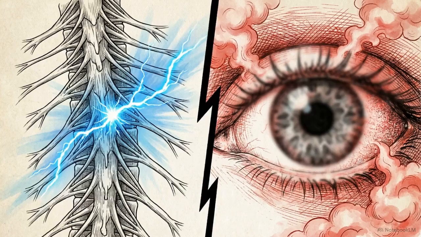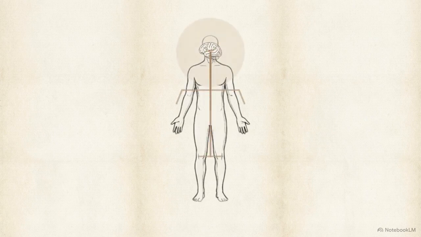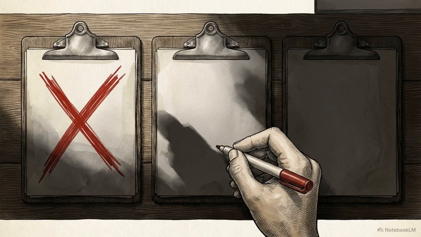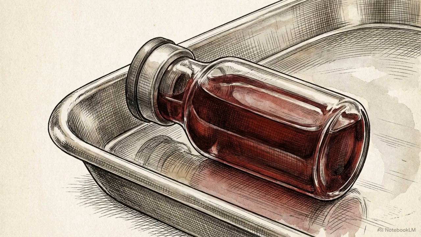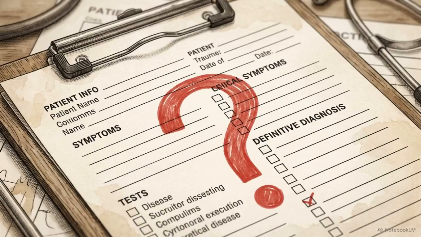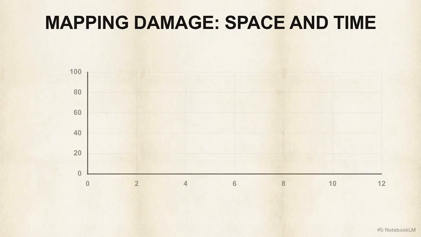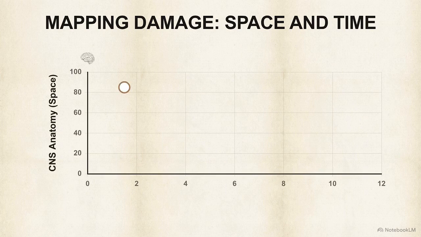These symptoms seem disconnected: a physical shock in the back and temporary vision issues triggered by heat. This illustrates the central difficulty of multiple sclerosis: how one condition can trigger temporary symptoms across completely different physiological systems. Because these signs are temporary and vary between patients, standard screening methods often fall short. There is no single blood test that can confirm a patient has MS, leaving neurologists without a simple yes or no metric. To reach a diagnosis, neurologists look for evidence that the disease is operating across two specific dimensions: dissemination